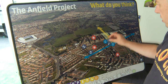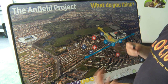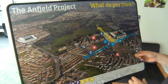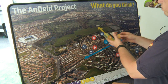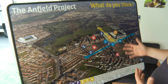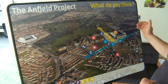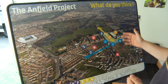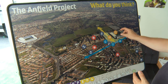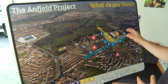There's been talk of having a creche or a nursery around there, which will be a normal creche during the week, but would be a place where families could leave their children on match days. And obviously the match day experience is a big part of this proposal, because Anfield Stadium is right there in the middle of it, and the club has a desire to expand two of its stands, one from the main stand, which will happen first, and then the Anfield Road stand, which will happen following the